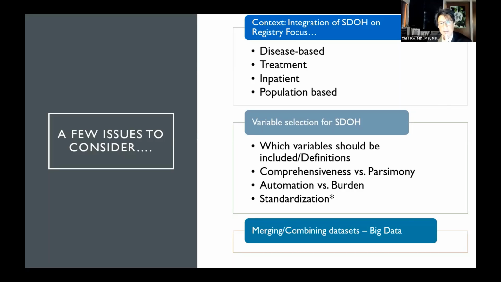The third piece is merging and combining data sets, and I want to focus on this because I think it is a great option for us all to consider, in terms of what people have coined big data. If we can take what we do in our disease-based registry or our treatment-based registry and merge in social determinants of health from other registries or collection avenues that do it well, that brings a synergistic relationship between registries, and hence adds up into big data. So may I get the next slide, please?